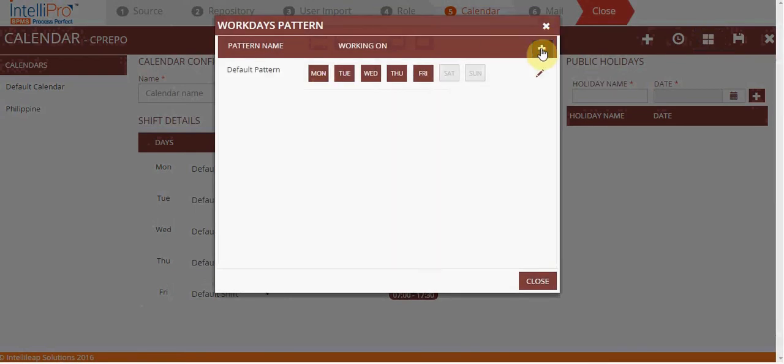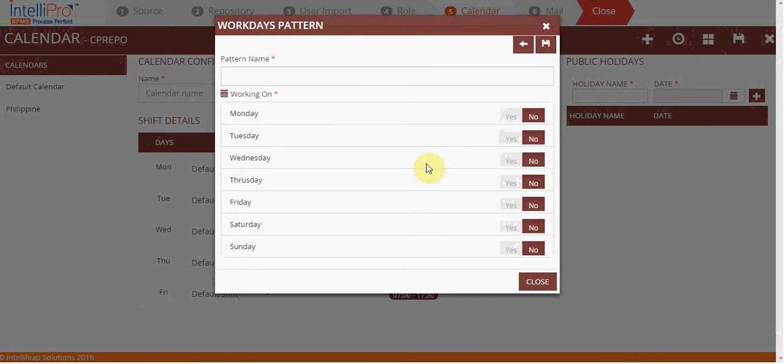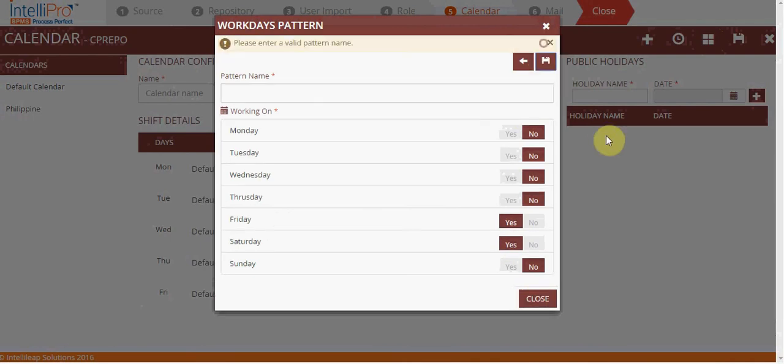If I want to create a work pattern which says Sunday to Thursday, I can create such work patterns as well.